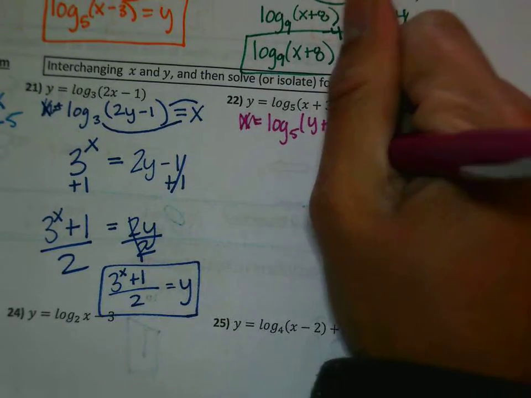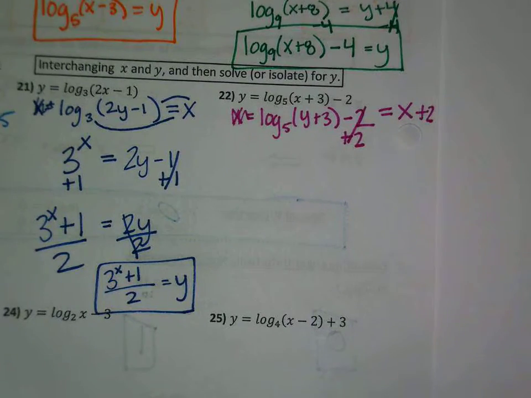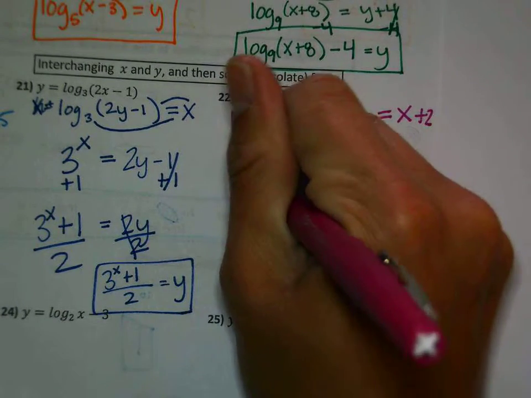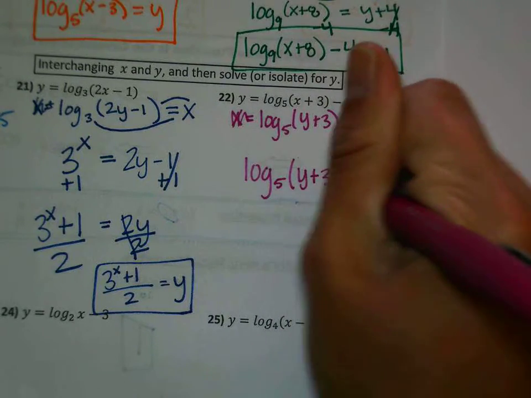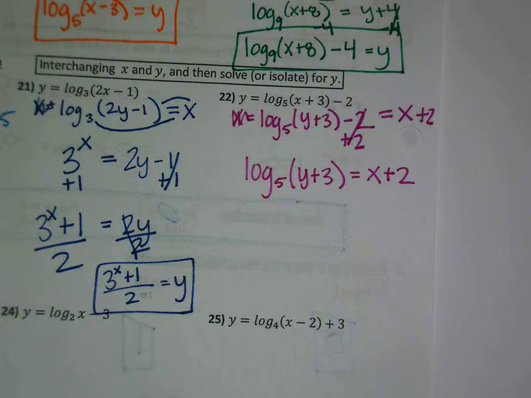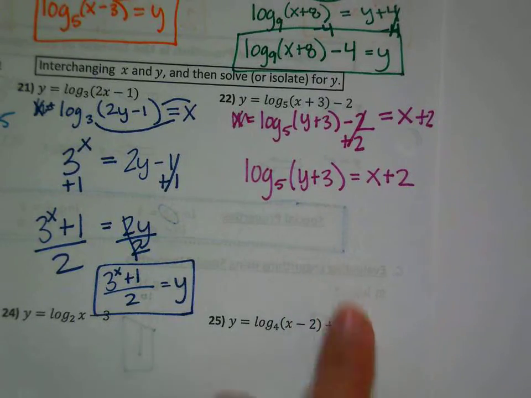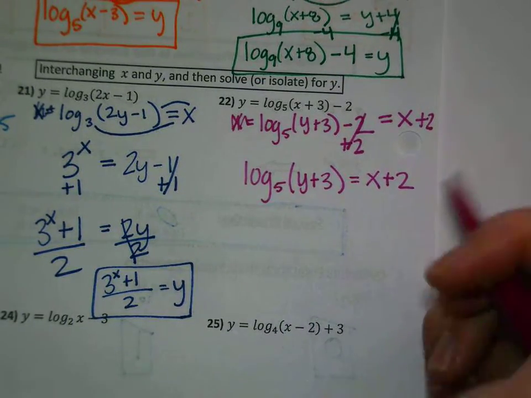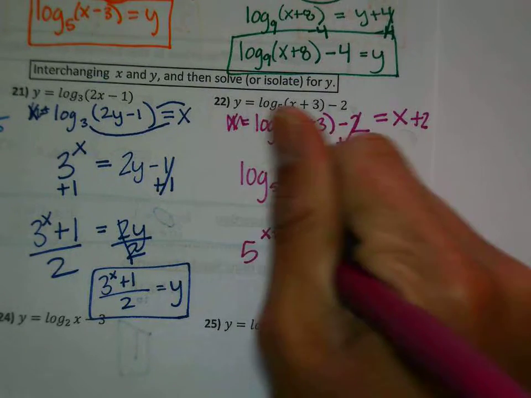Very good. And then we're going to add 2. Log base 5 of (y plus 3) equals x plus 2. Very good. Now, you can't get rid of the 3 because it's in there with the log, so we're going to go around the world. And when you go around the world, you get what? 5 raised to the x plus 2